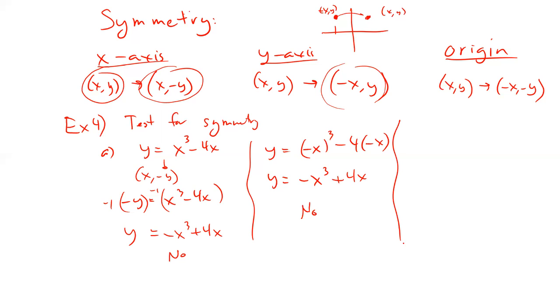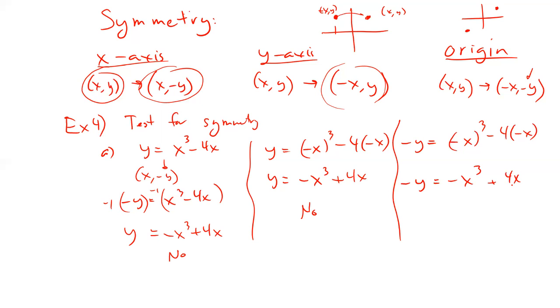Let's go over here. So origin. If I start something in quadrant 3, it's going to be the same thing that I see in quadrant 1. And vice versa. If it starts in quadrant 4, same thing as quadrant 2. That's kind of the flip of things. So I'm going to put in a negative y and a negative x, and I'm going to see if those give me the exact same problem all over again. So changing the x and y to negatives gives me the exact same problem with the positive. So negative y on this side, that's cool. Negative x times negative x times negative x is negative x cubed. And negative 4 times negative x is a positive 4. Everybody agreed there.